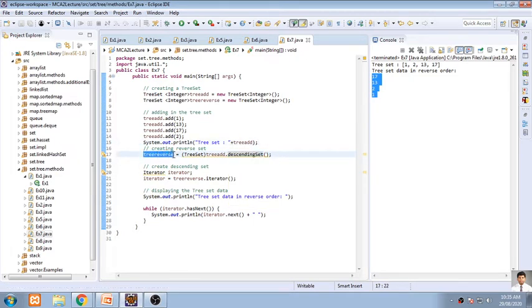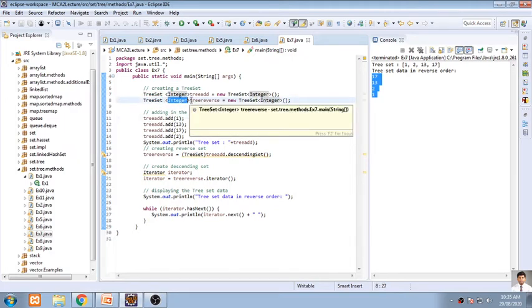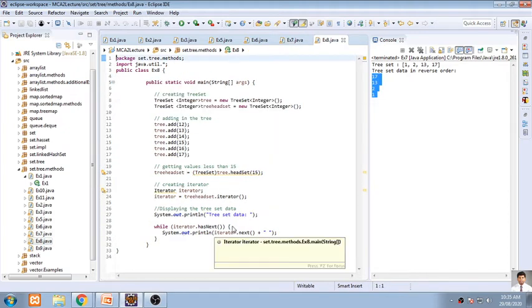The only difference is that here the return type is not an integer, not a variable. It is an object, because here we are doing typecasting, and this object will be automatically added into the second tree set at its specific location. So there is no need for writing another add function for adding those elements into the second tree set class object. So are you clear with this? Yes, sir. Okay.